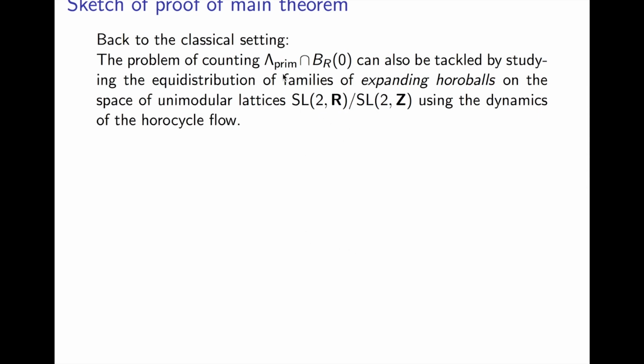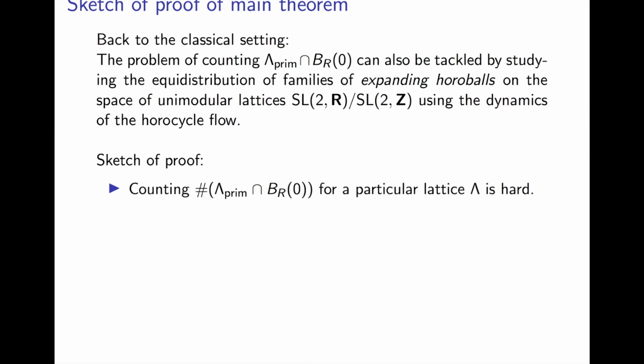horoballs, in the case of counting primitive points, horoballs on the space of unimodular lattices. And then you can study that equidistribution result using the dynamics of some flow. Here I'm citing horocyclic flow, but in the case of unimodular lattices, you can also use geodesic flow. Yeah. So let me briefly sketch what the upshot of this idea is and what the content is in the setting of counting primitive